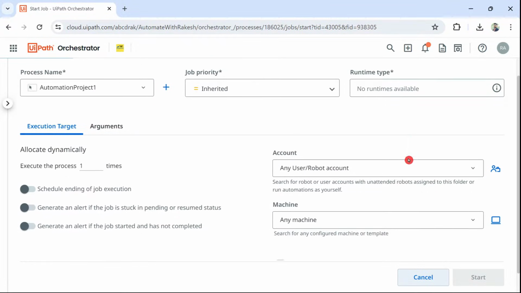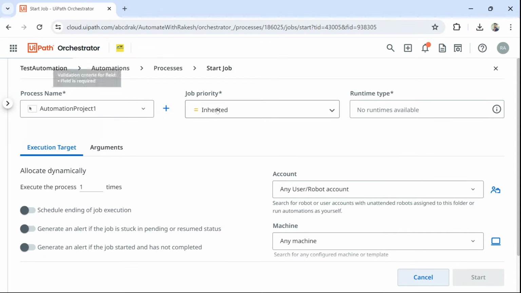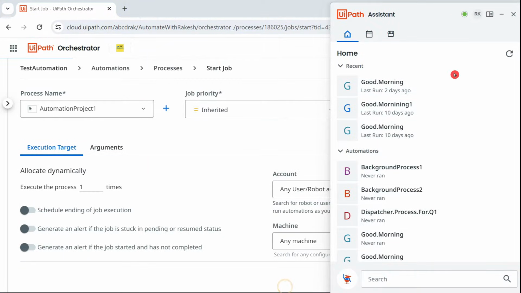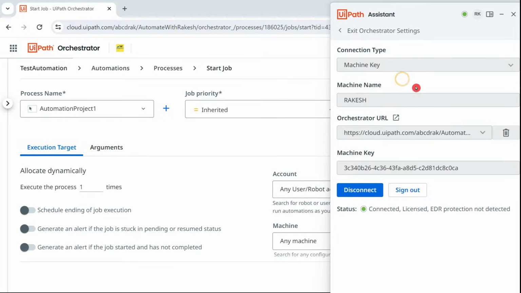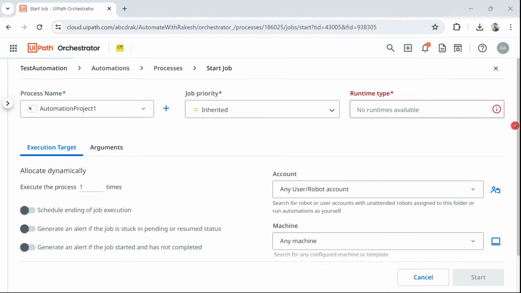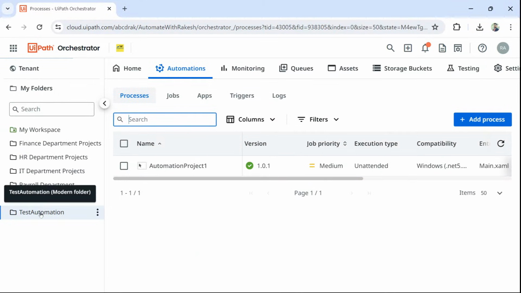So the moment I do this, it is saying, okay, this is your process, your runtime. So here saying no runtimes available, validation failed. So let me see why this has happened. Okay, so now this particular folder, the new folder which I have created, if you find this kind of a problem, no runtimes available, what you're supposed to do, go to